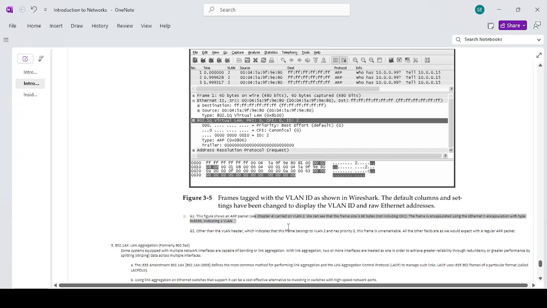See chapter 4, carried on VLAN 2. We can see that the frame size is 60 bytes, not including CRC. So not including the CRC or the FCS used to check the error. Here, 60 bytes on wire. The frame is encapsulated using Ethernet 2 encapsulation. Here Ethernet 2 with type